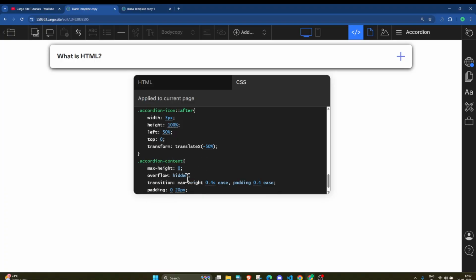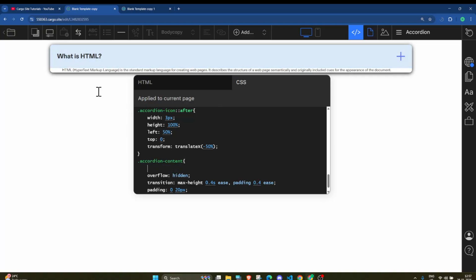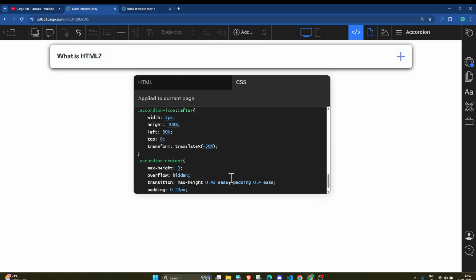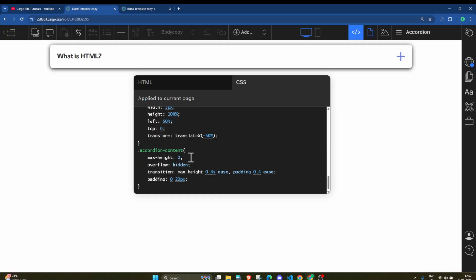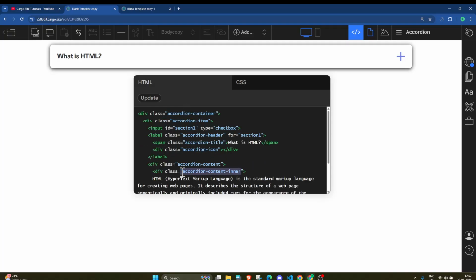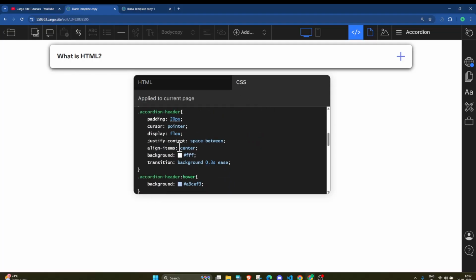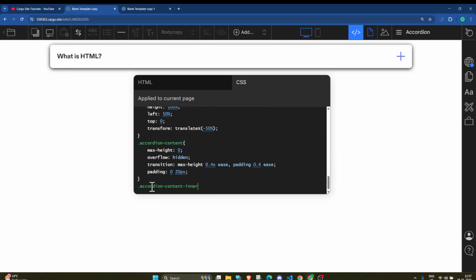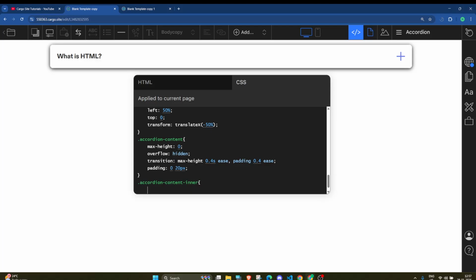If we remove this thing, this is how it is looking. And after that, we are going to select this accordion content inner, simply copy this CSS class, and now we will style this thing. Here simply add the padding 20 pixel 0. Let me hide this so that you can see how it is looking.